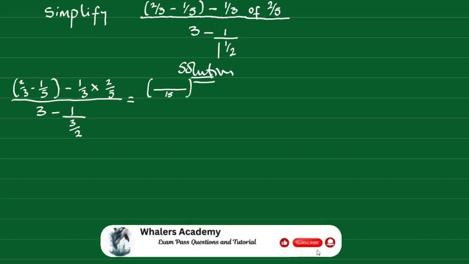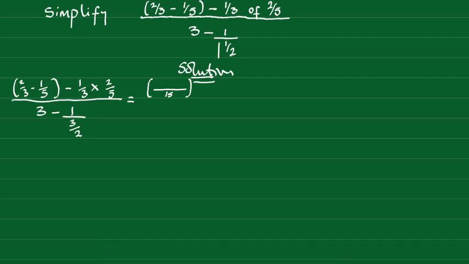Now, 15 divided by 3 gives us 5. 5 times 2, we have 10. Minus 15 divided by 5 gives us 3. 3 times 1, we have 3. All right. Minus,